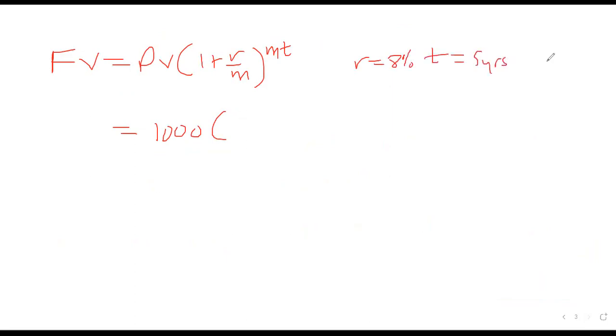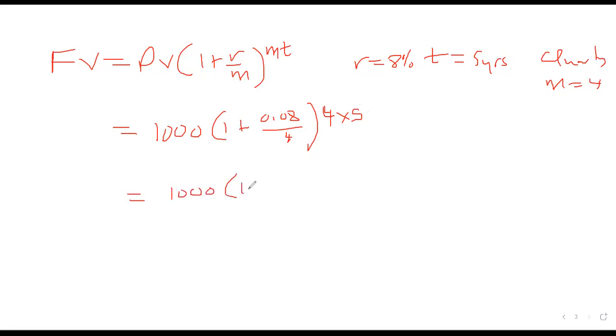But in this case, we've been told that it's compounded quarterly. Quarterly means m is equal to 4. So here we're going to have 1 plus 8%, which is 0.08, over what? Our m, which is 4. And here we multiply this by what? Years. So here we're going to have 1,000 times 1.02 to the power 20. So this will give us 1.02 to the power 20 times 1,000, which will give us